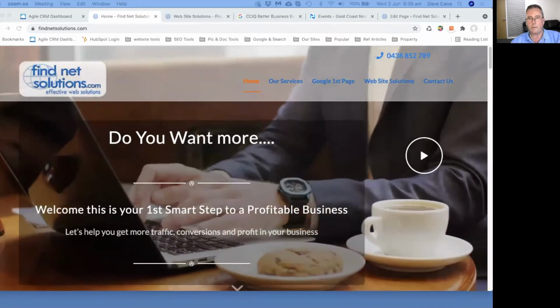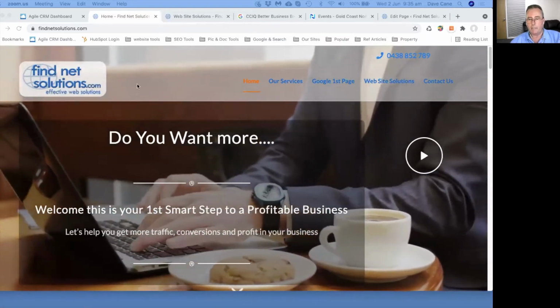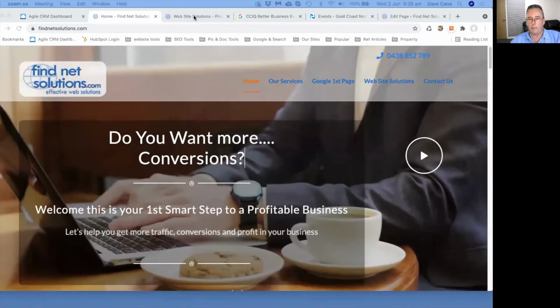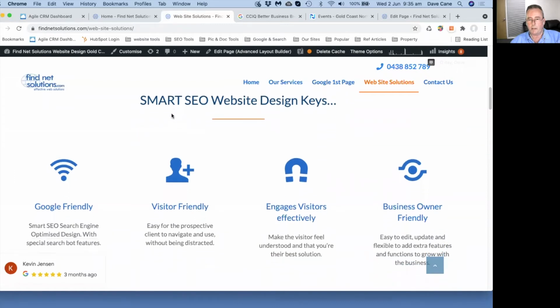I'm just going to give you another example of how effective smart SEO websites are. I'll just explain what a smart SEO website is. SEO stands for Search Engine Optimization. So a smart SEO website, the four keys are, it's Google friendly, okay, smart search engine optimization design with special features for search bots. Visitor friendly,